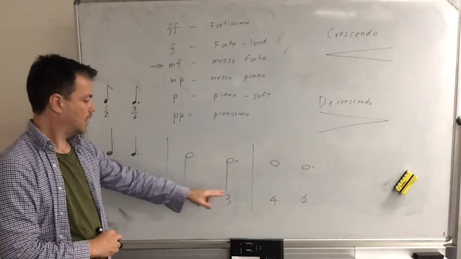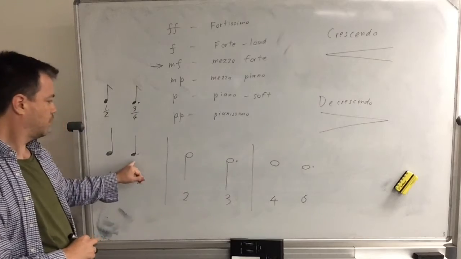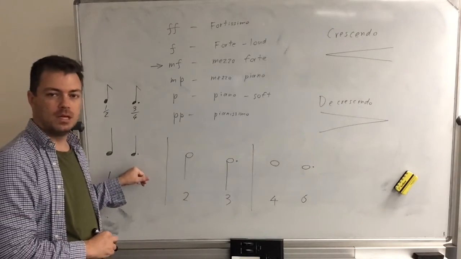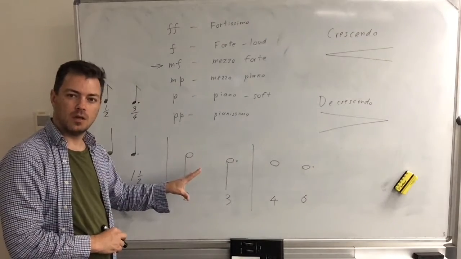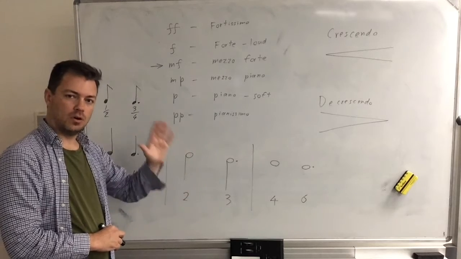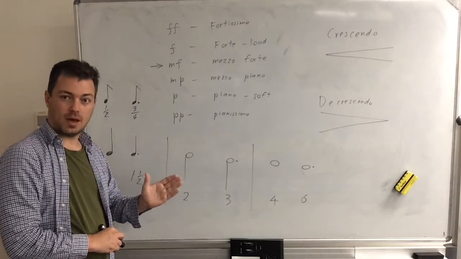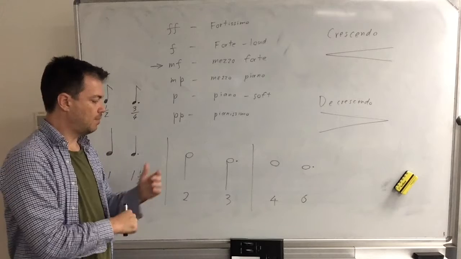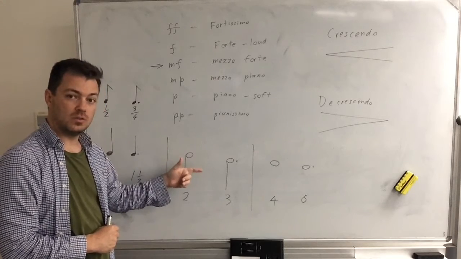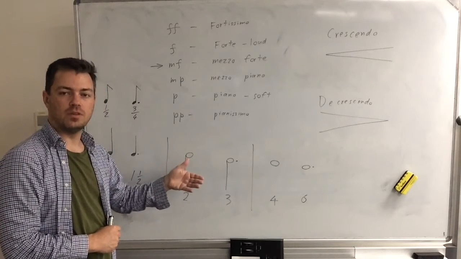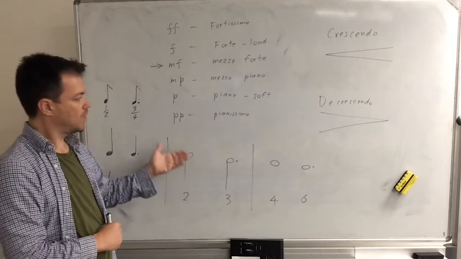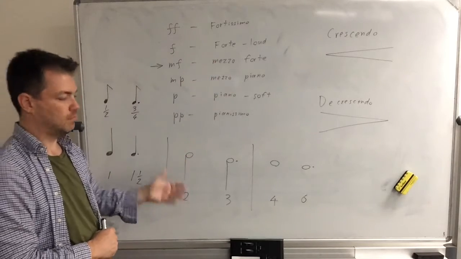This one is very common, followed probably by this one. But the main point there is the dots. The dot above or below the note being staccato, a short note, as opposed to a dot next to a note, which adds half of the original value. So that's musical terms and dots.